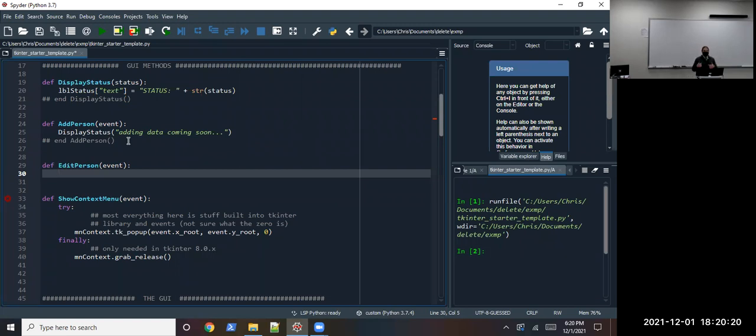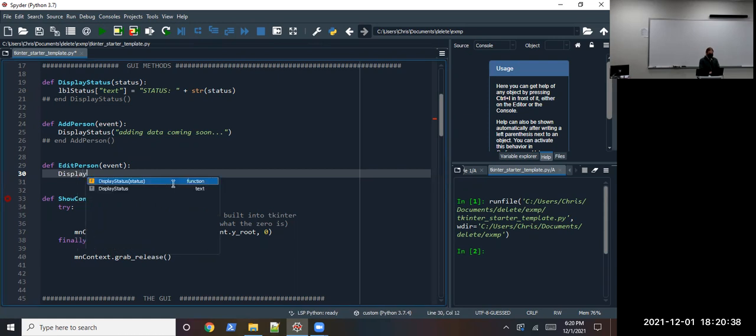So in that case, the TK event becomes the second parameter. But the automatic event, the first one we have a choice about, has to be the event, and that makes it a handler. In this case, for now, I'm just going to print it to the status bar,